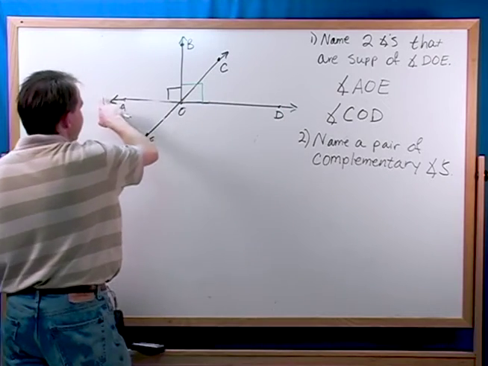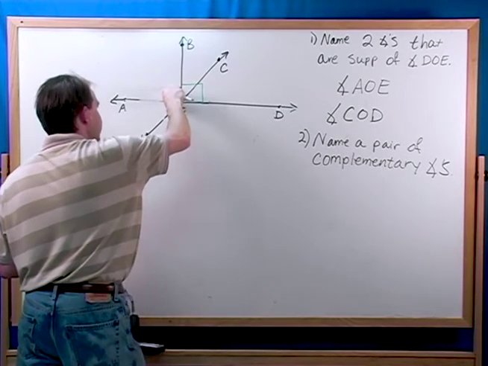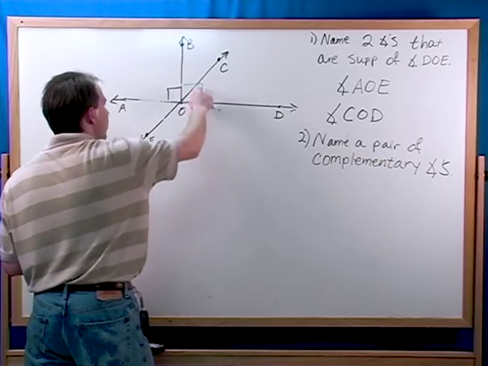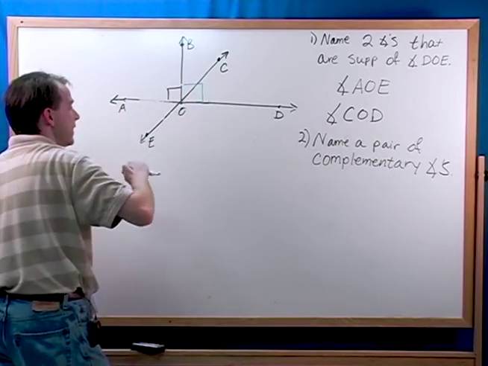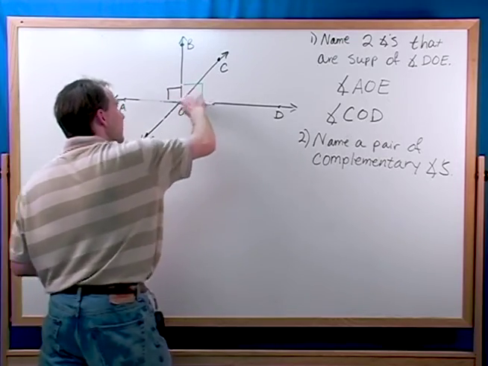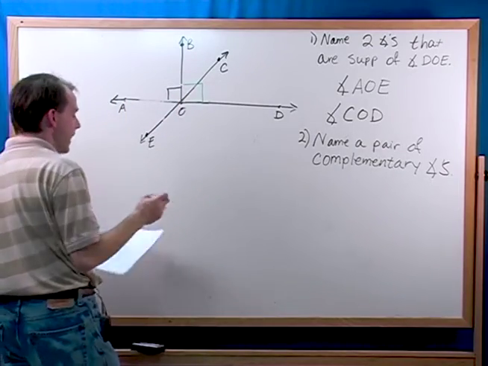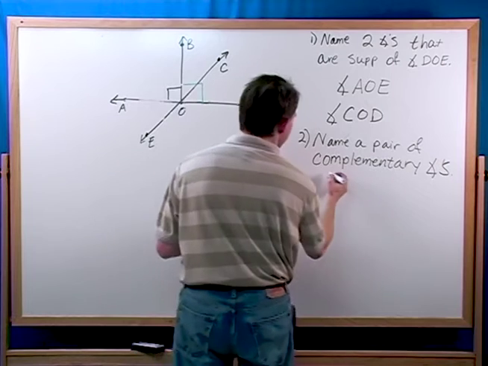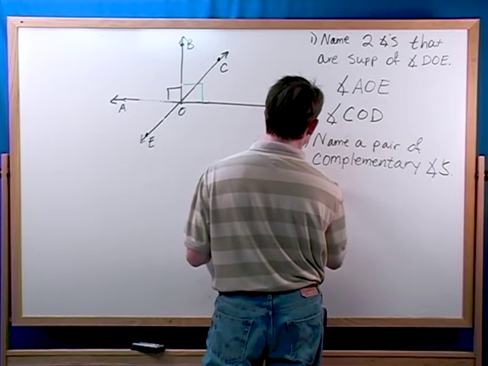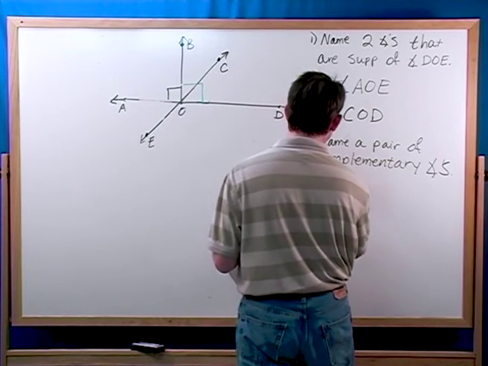So this is 180 degrees, and this part of it here is 90 degrees. So this part all the way over here must also be 90 degrees. And since this is 90 degrees and this angle splits it up, then these two angles here have to equal 90 degrees when you add them together. So the two angles that are complementary are angle BOC